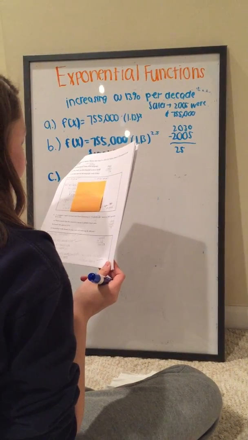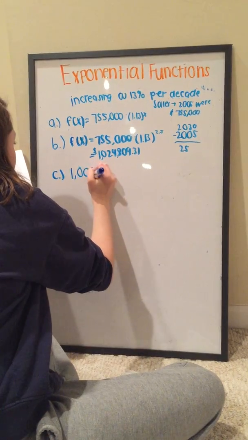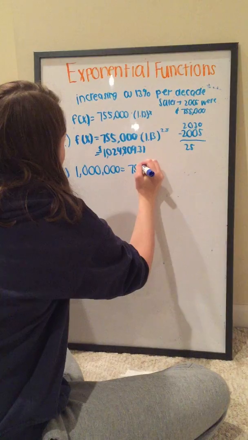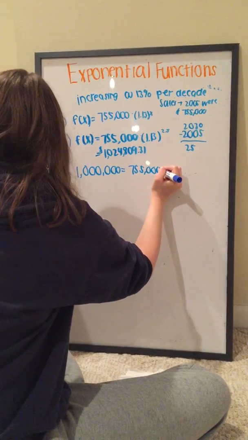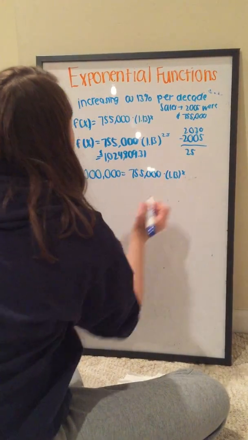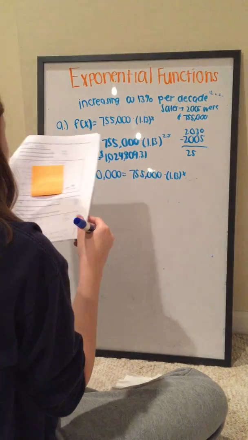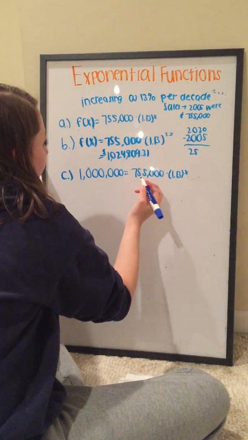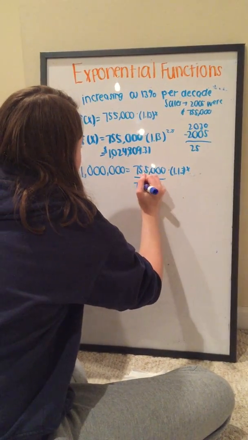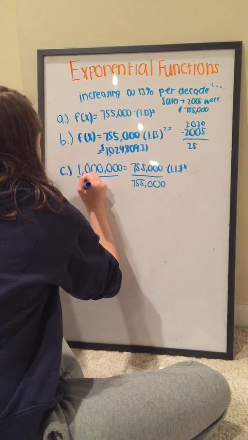And then the last part of the problem is, according to the model, in what year will sales be up to $1 million? So to find out, we do $1 million equals 755,000 times 1.13 to the x. So we equal that because we're trying to find what year will sales top that. So to solve this equation, we divide by 755,000 on both sides,